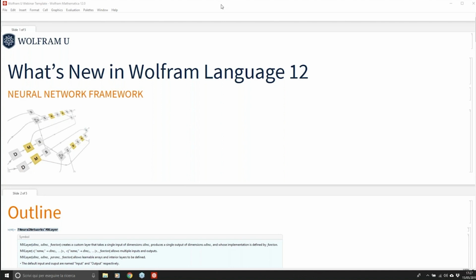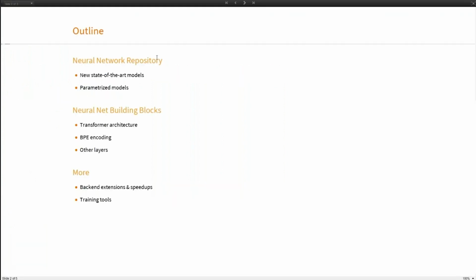This is an outline of the talk. First, I will talk about the neural net repository and the new state-of-the-art models and the new addition, which is the parameterized net model syntax.